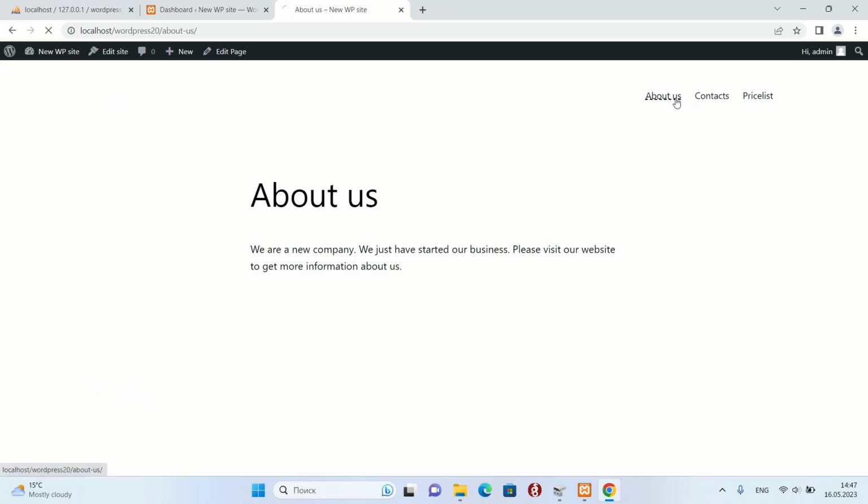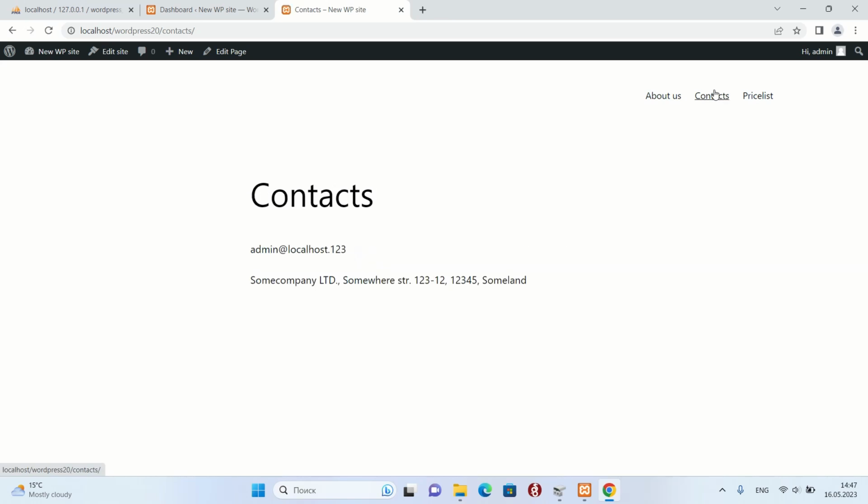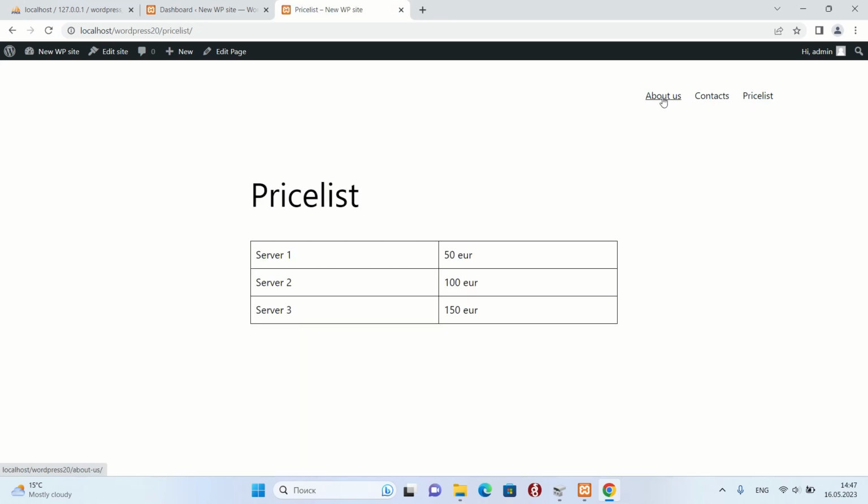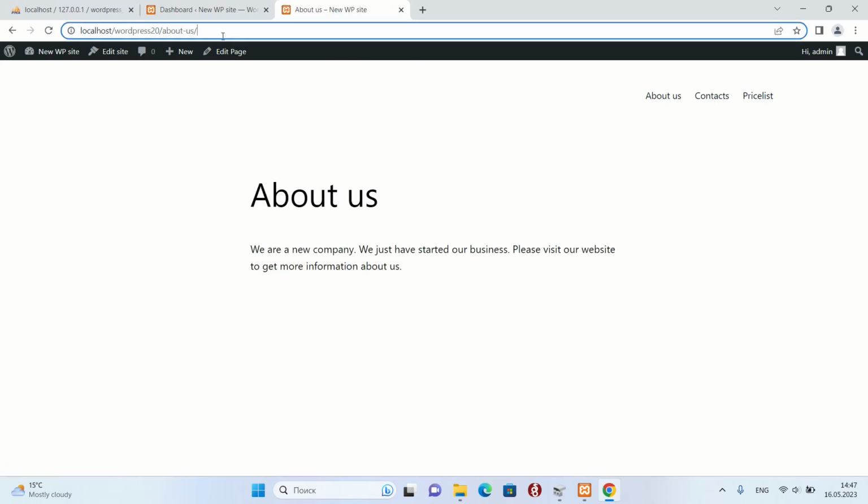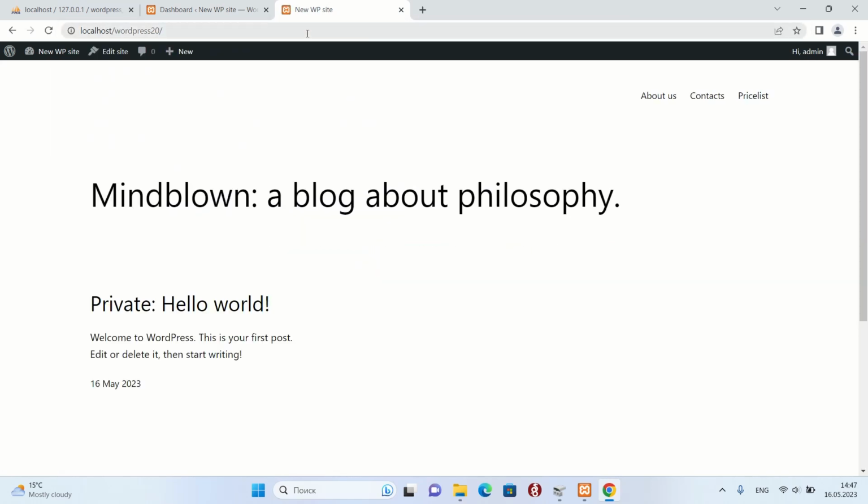As you can see now, the extra elements have disappeared. But one small thing remained. When the main page of the site opens, you can see the page created by WordPress. This needs to be removed.